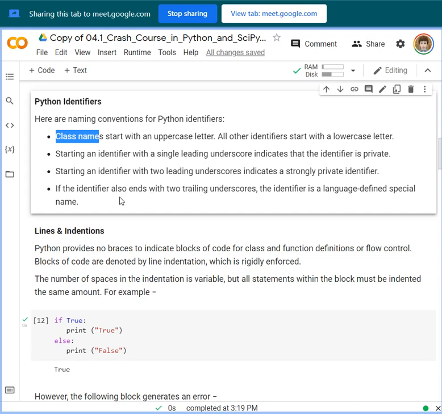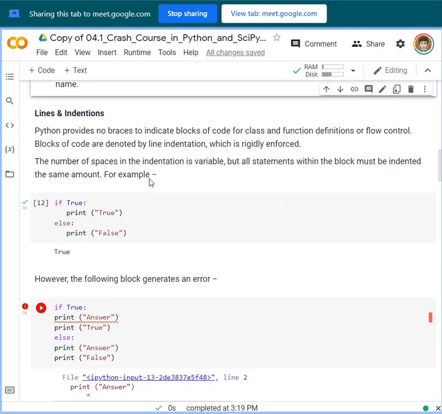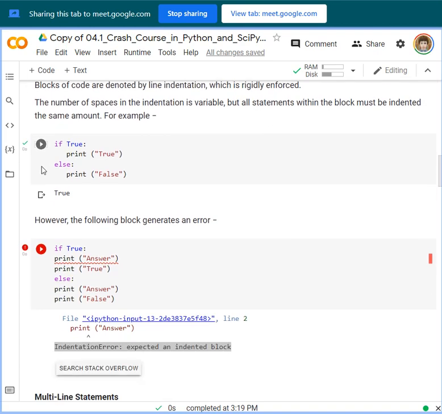But if two trailing underscores are at the end of the identifier, then it is considered a language defined special name. For indentation, this is very important if you are writing a block of code for class and function definitions or flow controls like if and else.